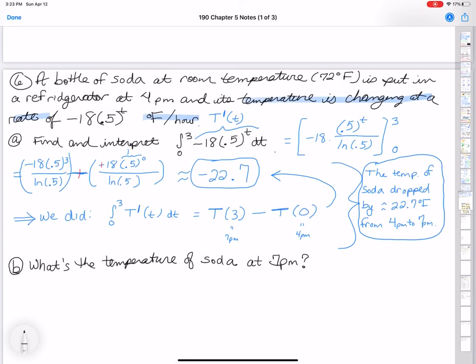Now that I know what the temperature drop is, I can say to myself, okay, well, it's going to be whatever the initial temperature was,